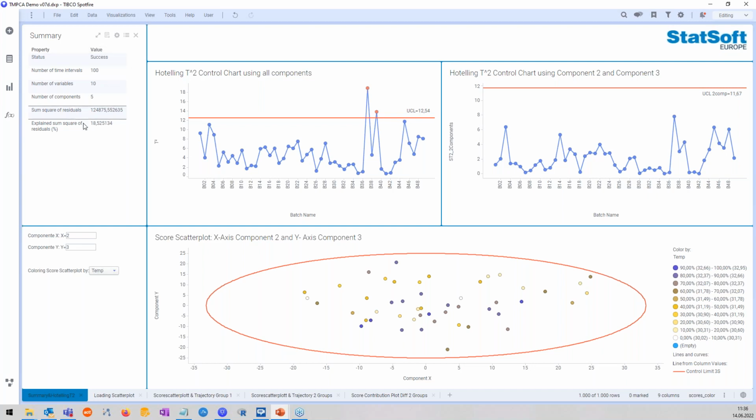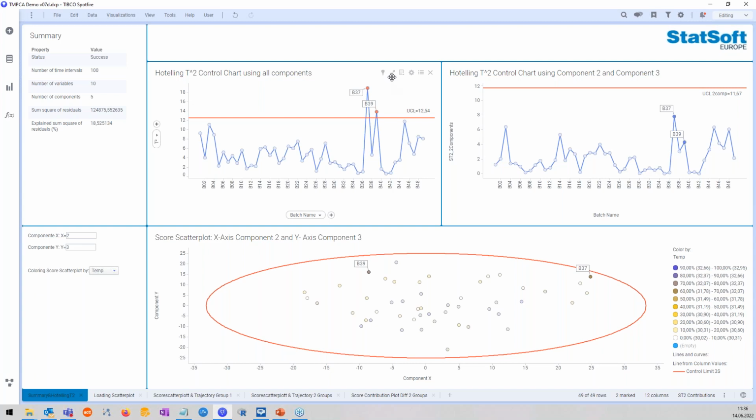So just a little summary here. Let's take a look at this chart, for example. And the nice thing about Spotfire is this is all interactive here. So we can, for example, highlight something. We see that these are 2 batches, B37, B39. And as soon as I highlight them, they are going to be highlighted in the other charts.